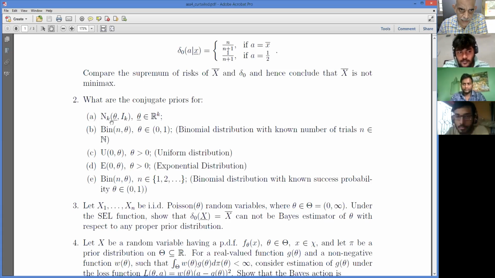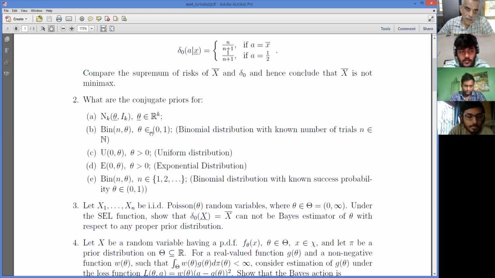So what should be the conjugate prior in the normal case, with parameter theta? That we have already seen, right? So f of x given theta turns out to be e to power minus 1 by 2 sigma square summation xi minus theta whole square, right? So theta square term will come. So that means if I take the prior also as normal, e to power minus 1 by theta square, these theta square terms will get combined and I can make a perfect square, and again I'll get a normal distribution. So in this case, certainly it is normal, right?